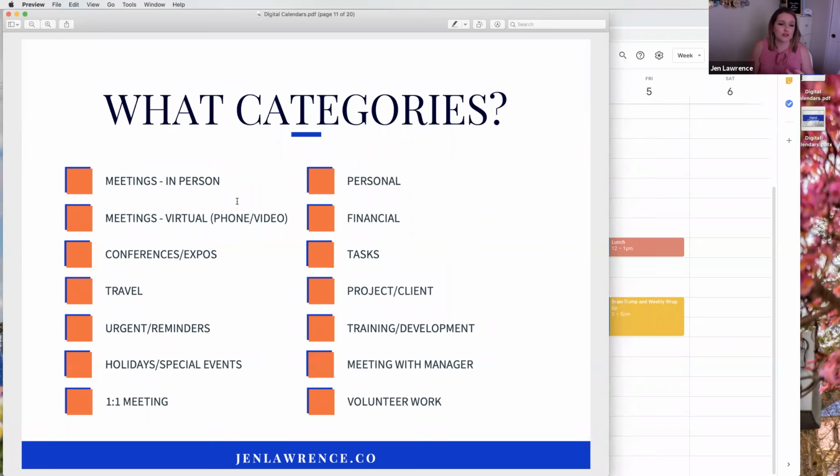Conferences and expos, travel, anything urgent or just general reminders. So I will have reminders on my calendar. It says, don't forget to drop this off at Cameron School, or, don't forget to sign that permission slip before the kids go out the door. So it's nice to have those little reminders that pop up on your calendar and not have sticky notes